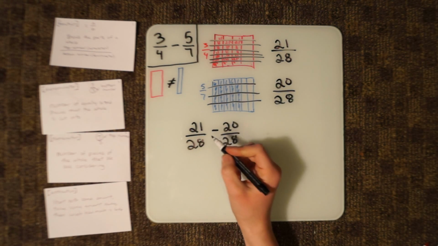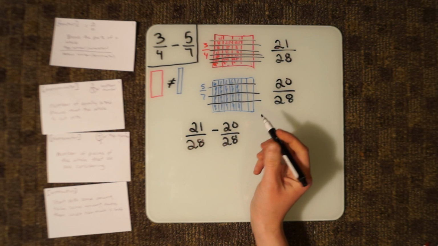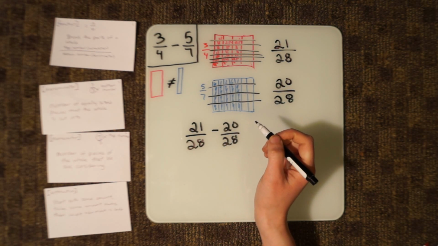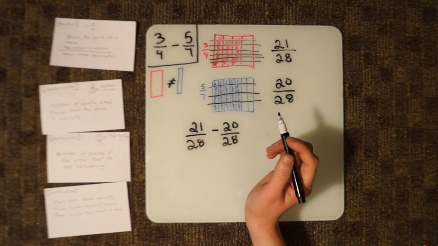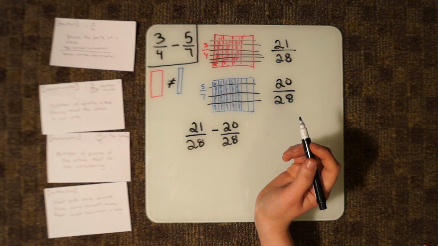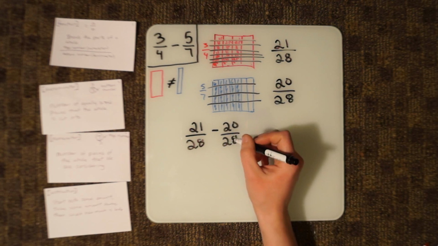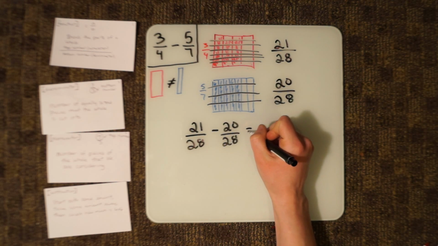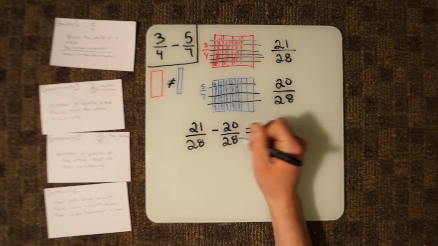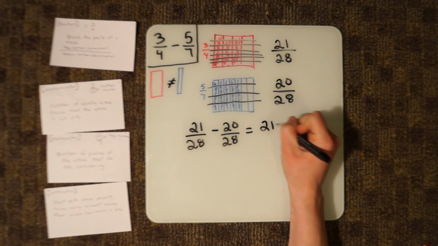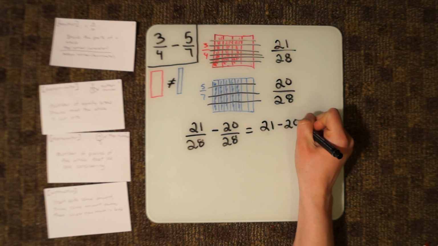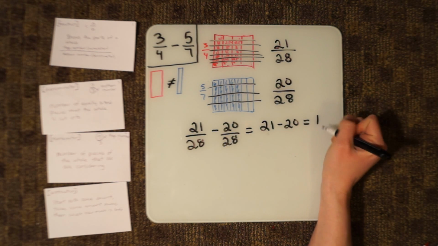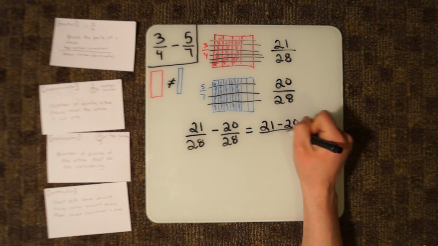So we have 21 28ths, and then we're taking away 20 of those. So now, when you subtract that, you would think about only the top, because the bottom are the same. So then you do 21 minus 20, that equals 1. Because the denominators are the same,